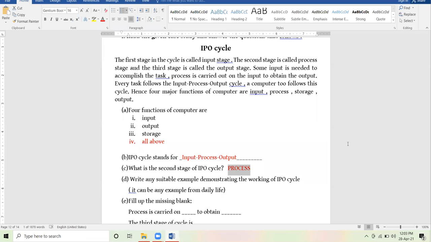Okay. Second stage, our input is ready. Our Maggie packet, our vegetables, all the masalas, whatever we want. Everything is ready. We have arranged the input. Now, second stage. Okay, Jap ji, unmute yourself, beta.